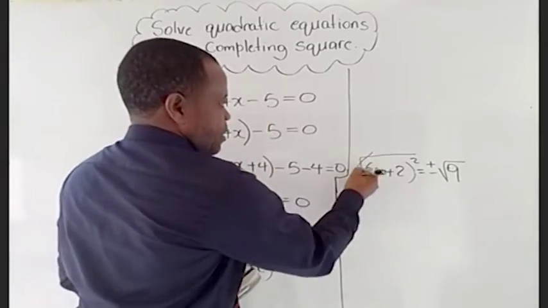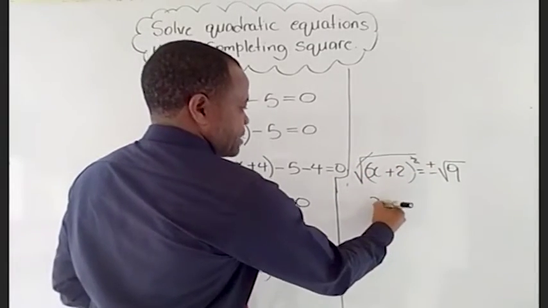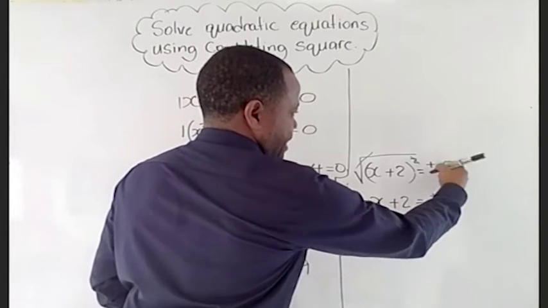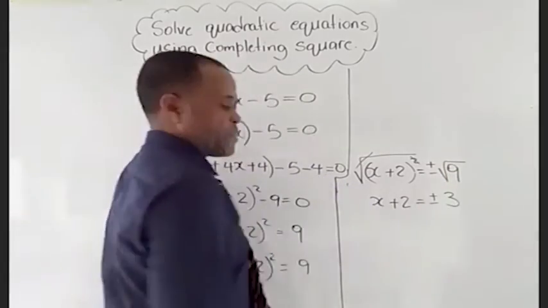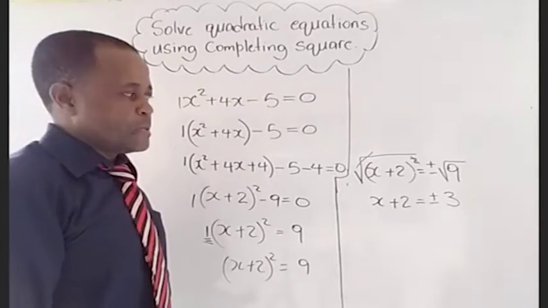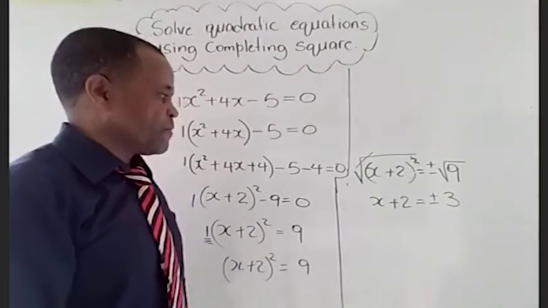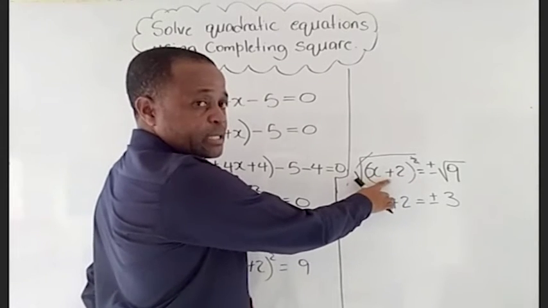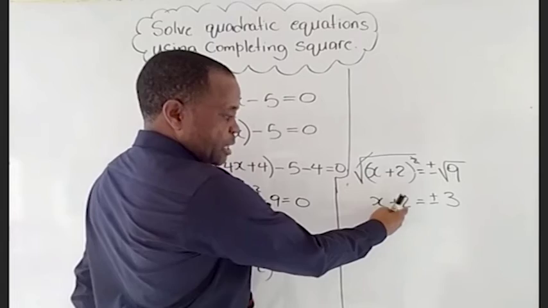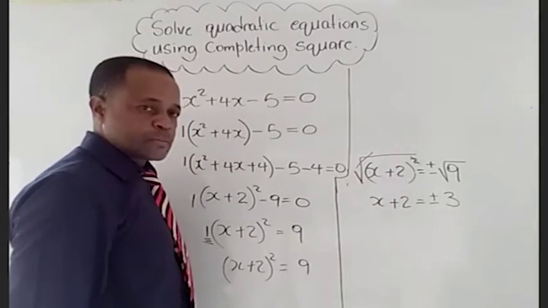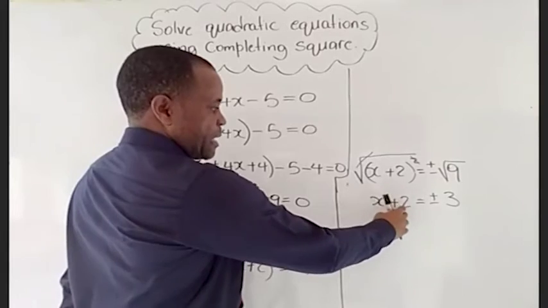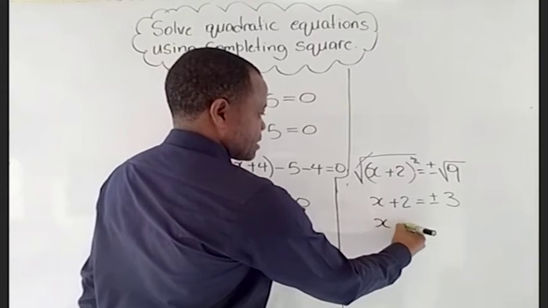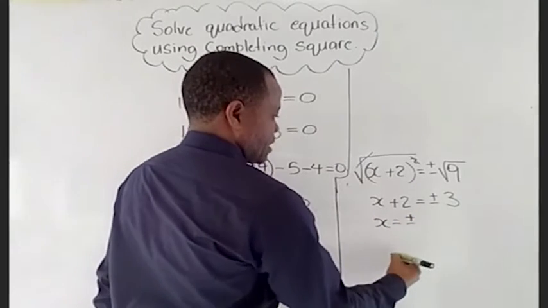So that would cancel that. I'm now left with x plus 2 equal to plus or minus, when I find the square root of 9, that would end up giving me 3. Now it's time for me to concentrate on what is inside the bracket, which is x plus 2. So I need to get rid of this 2. Since I'm adding here, all I need to do is subtract 2 from both sides. So this will end up giving me x equal to plus or minus 3